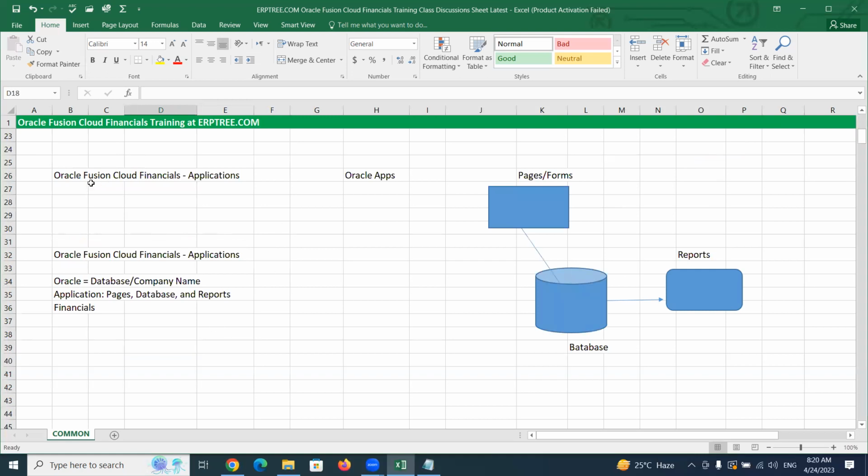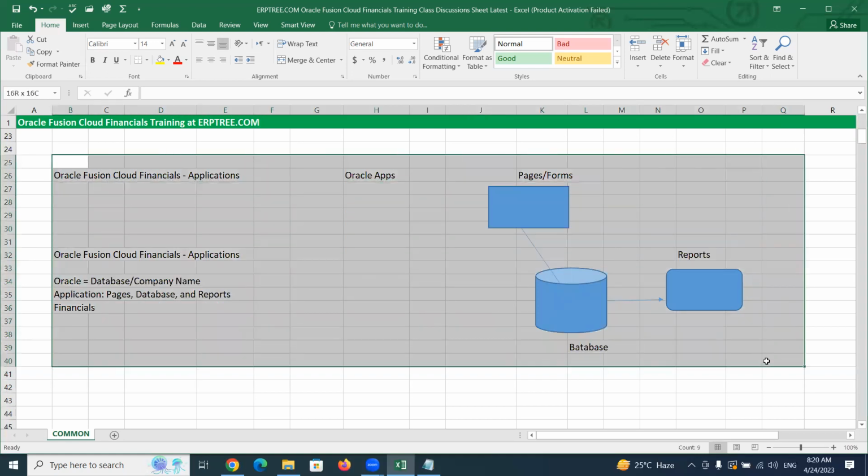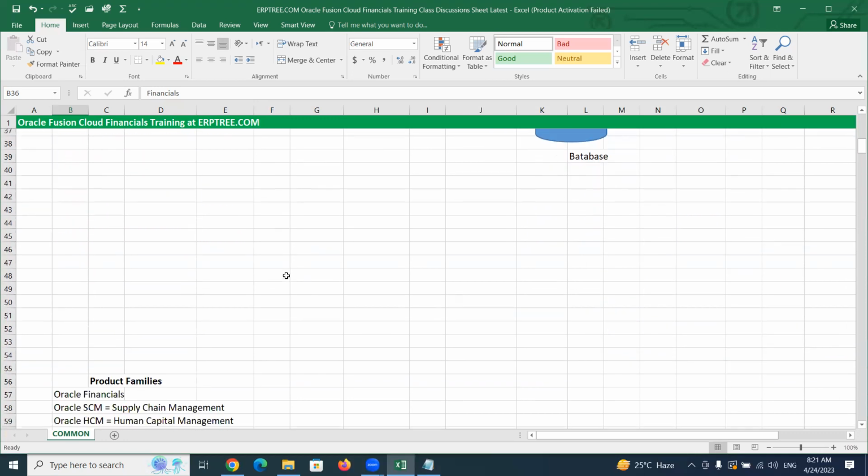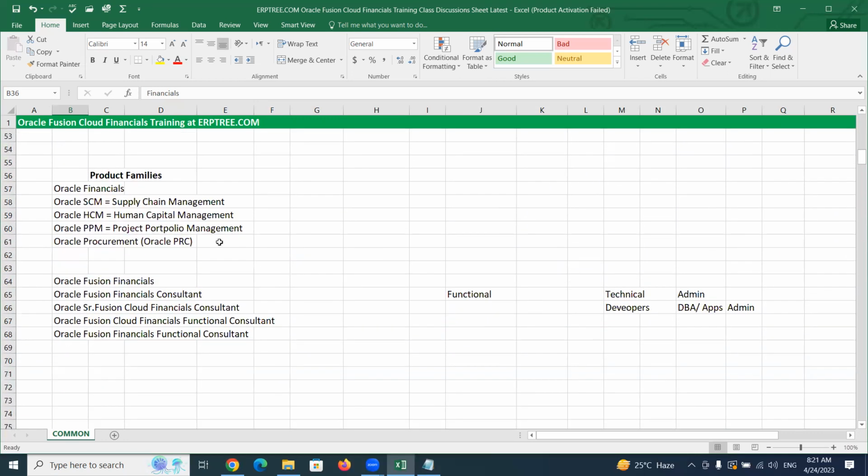So here we are very clear about the meaning of application. Oracle is the company name. Application means pages, database, reports. And we are talking about finance, so we are going to talk about finance applications. Before we jump into that, let's see what the different categories of applications are. These we call product families: Oracle Financials, Oracle SCM, Oracle HCM, Oracle PPM, and Oracle Procurement applications.